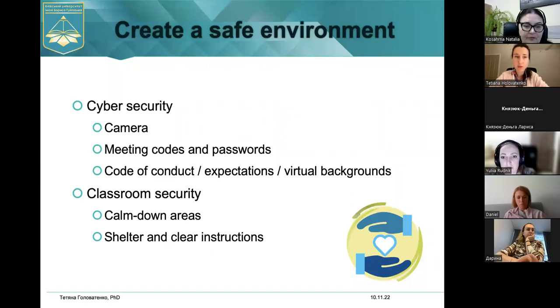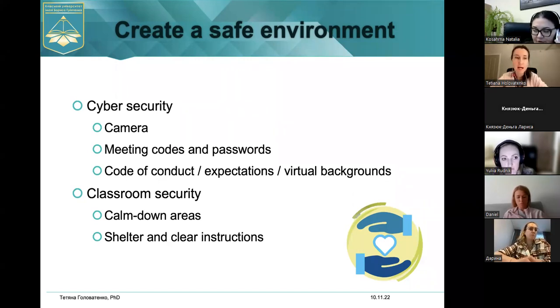And also you should discuss the appropriate and inappropriate names of students. And also that might be a very good idea to show students how to change names, for example, in Zoom or in Google Meet, so that everyone knows their real names and they do not trigger others by some names or mocking expressions.